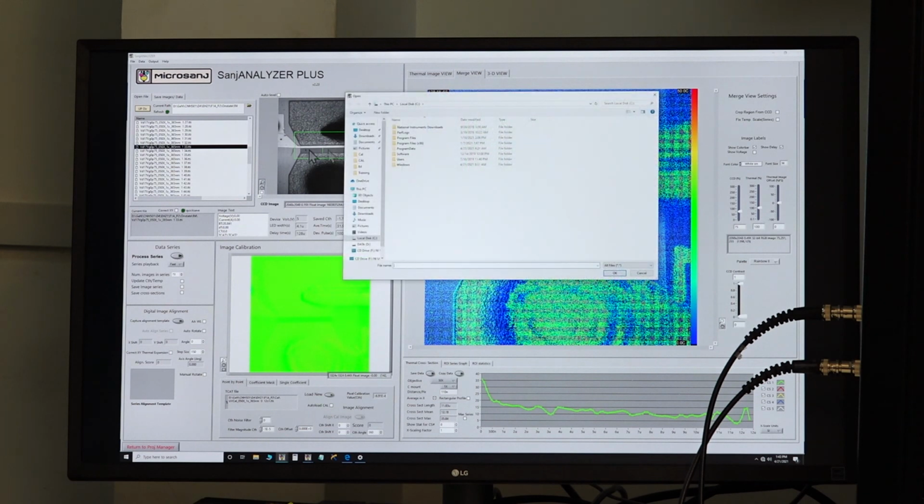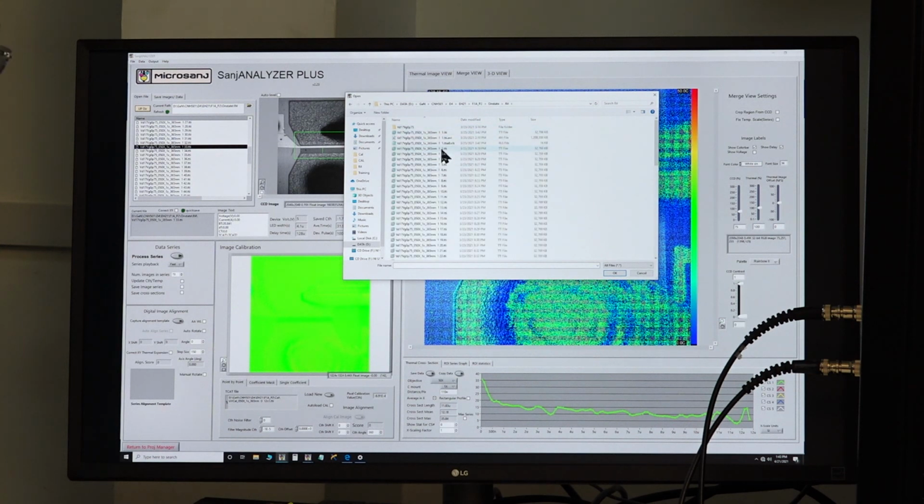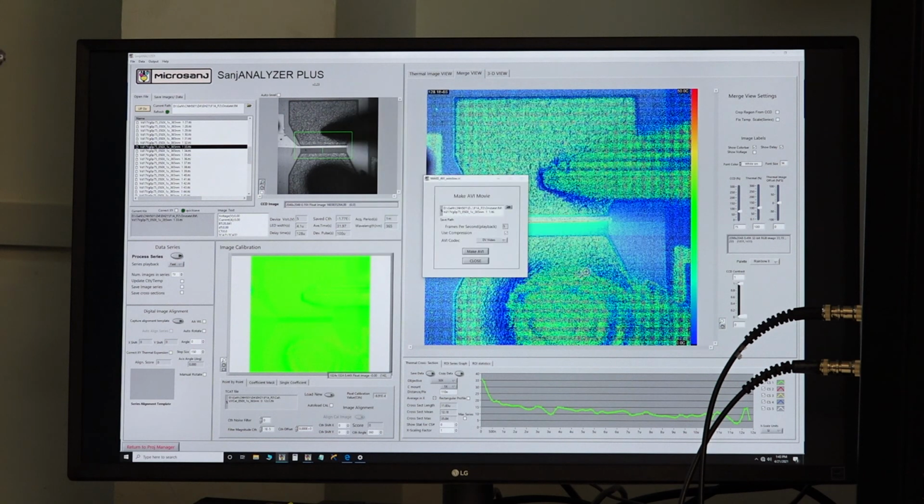Go to the file where this series is saved, and then we can click on make AVI.